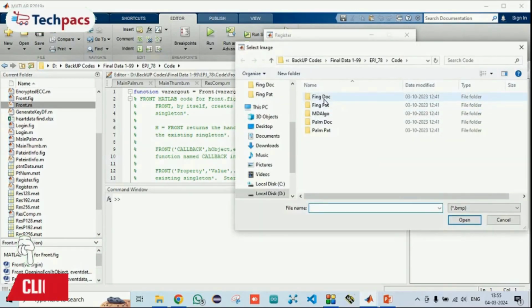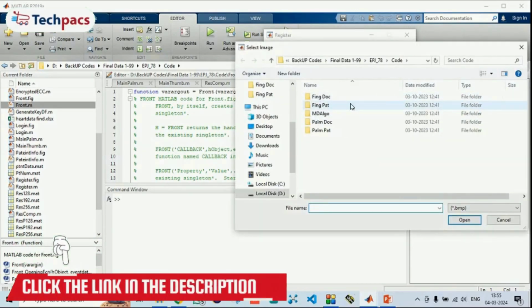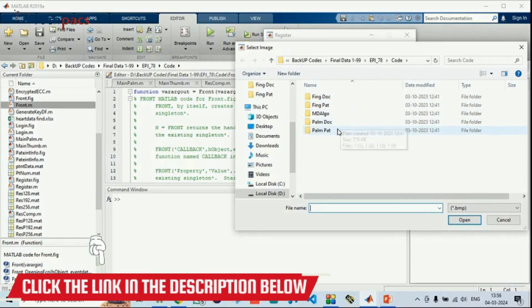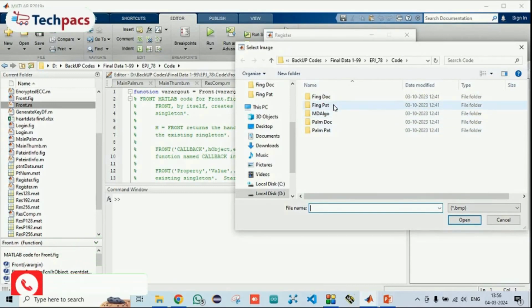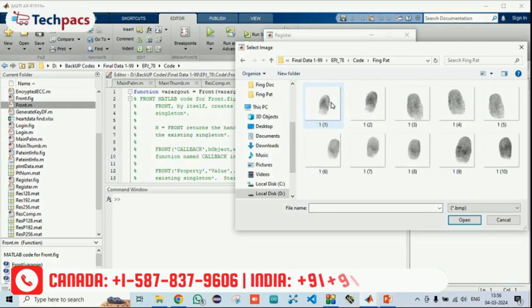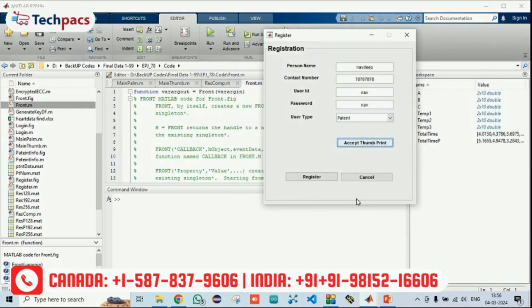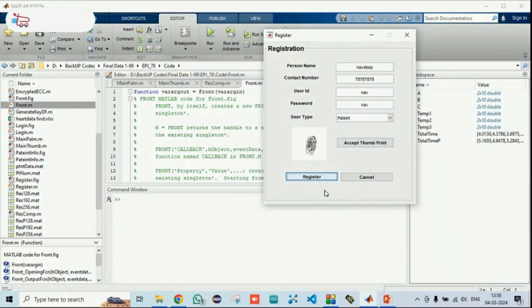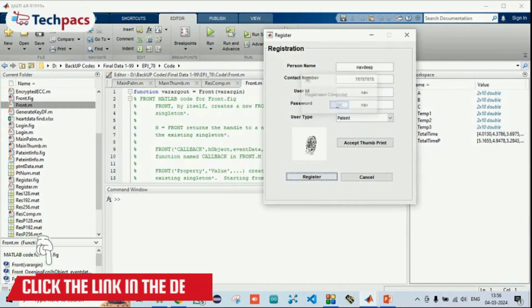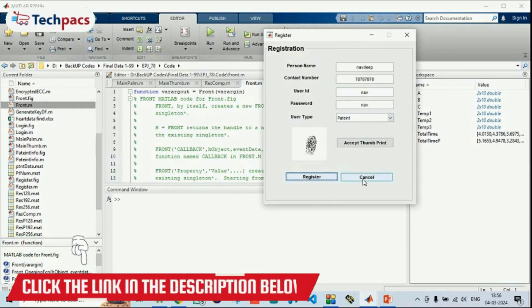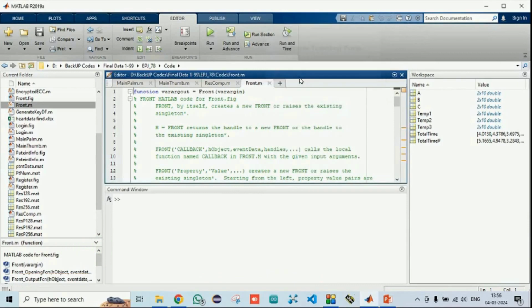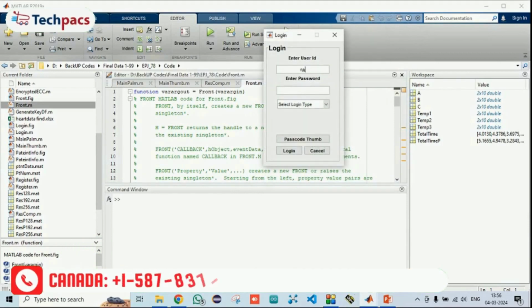So here, this is fingerprints for the doctor, fingerprints for the patient, palm for the doctor, palm for the patient. So let's see, I'm giving the fingerprint for the patient. First one, open. Then I click on the register. The registration will be completed, and click on cancel. When I go back and then I click on login, you can see now